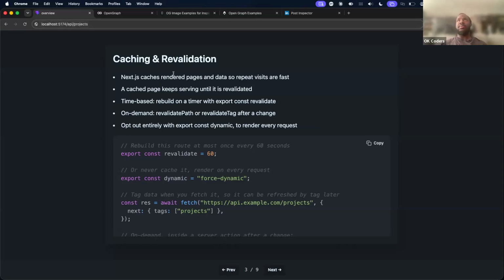So, caching and revalidation. Next handles a lot of caching strategies for us. It caches rendered pages and data, so repeat visits are fast. Like I said, a big thing about Next is it is a large application. There's a lot going on. It's resource intensive, it can be intensive by default compared to other frameworks. A big part of it is optimizing things. So it's doing this caching so that pages that are revisited a lot are fast, but there are some times where